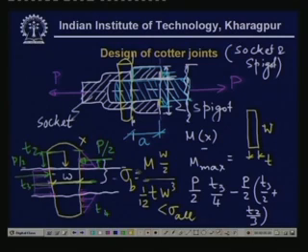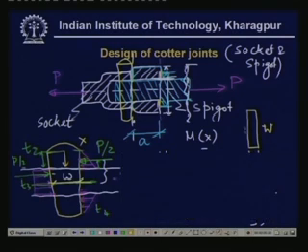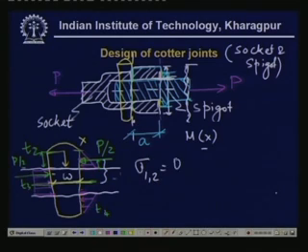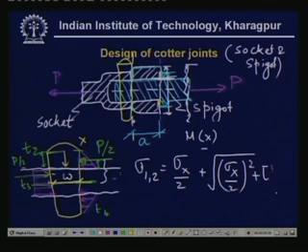Now in this case this is quite complicated, but the principle is that once we have a combined kind of stress, then we will have to calculate, just like always, the sigma 1,2, which is equal to sigma x divided by 2 plus under root sigma x by 2 square plus tau square. At each point we will have to calculate this value of sigma 1,2, and that must be less than sigma allowable. Now this is the failure when the material is brittle in nature,